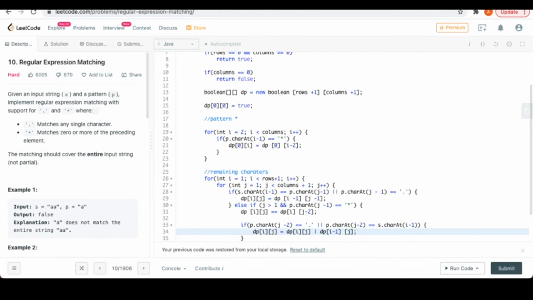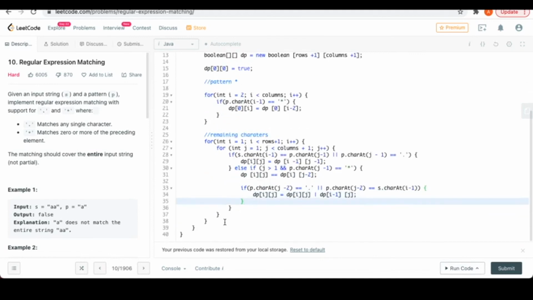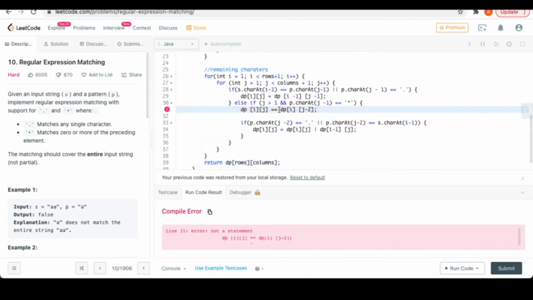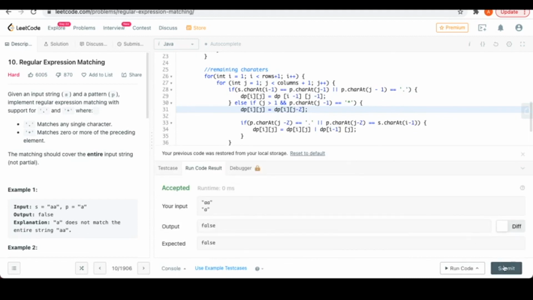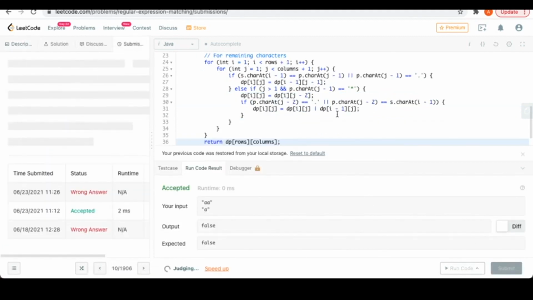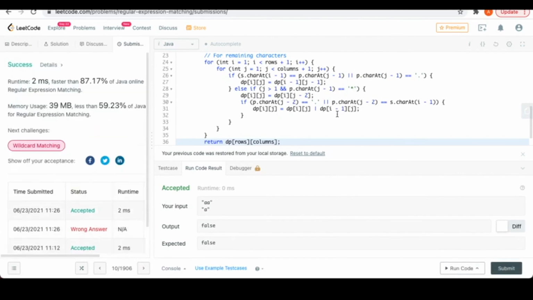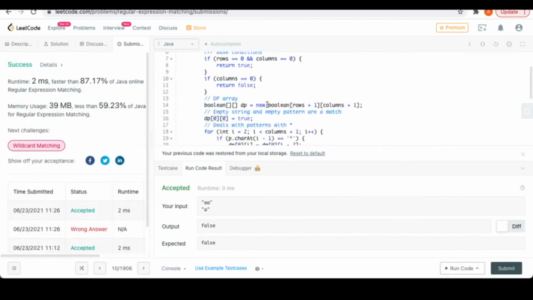So this should be able to solve pretty much all the cases that we have, and we are going to return dp of rows and columns. Let's see if this works or not. So there is a problem at line number 31. If j was greater than 1, then this becomes, my bad, this is not a comparison, this is an equal. Okay, so the normal test case is working fine. Let's see if all the other test cases are working or not. Yep, it's working fine. So this is the solution that we have coded here.